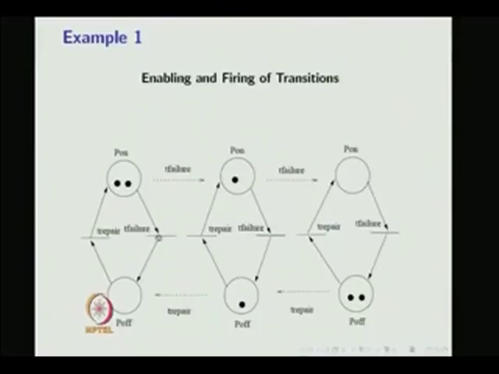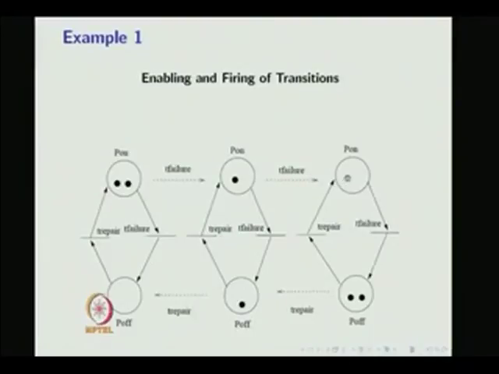So, when the T failure transition enables and fires, one token will be removed from the place P on, one token will be deposited in the place P off. Now the situation is this Petri net. Since one token is in the place P on as well as one token in the place P off, both the transitions T repair and T failure enable. If T failure fires,